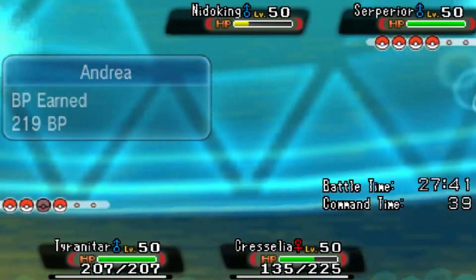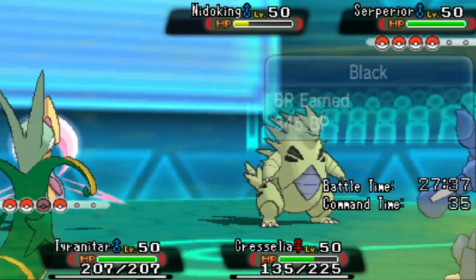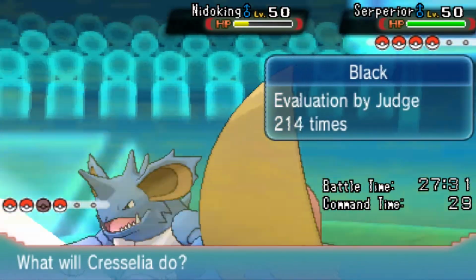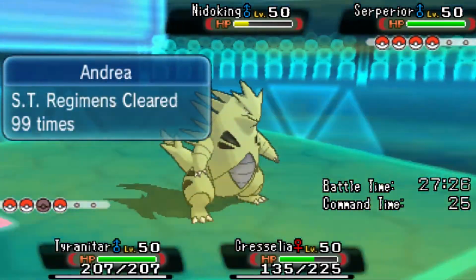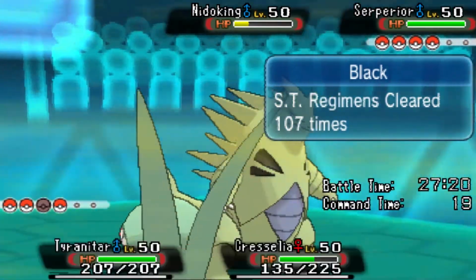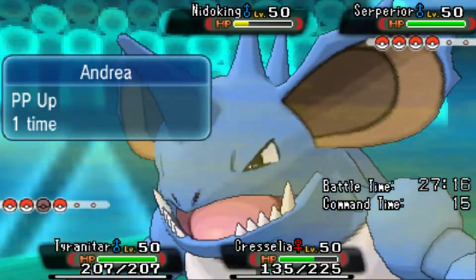You know what I could do? I could go for a... No, I don't want to Mega Evolve. I'm going to go ahead and go for... I screwed that up hardcore. I should have just went for the Mirror Coat. Go for my gut, because if you bring a Pokemon like Serperior, of course you're going to go for a move like Taunt. So I think I'm going to go for a Protect here. Yeah, let's go for a Protect. And let's start...